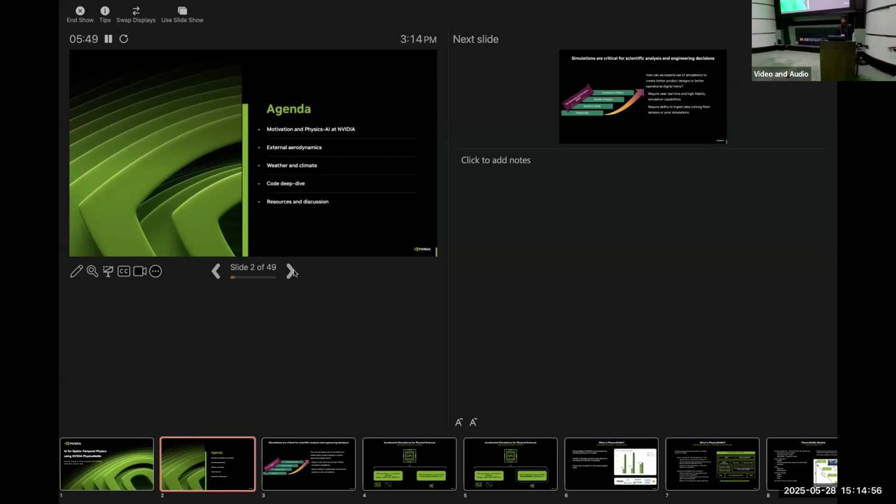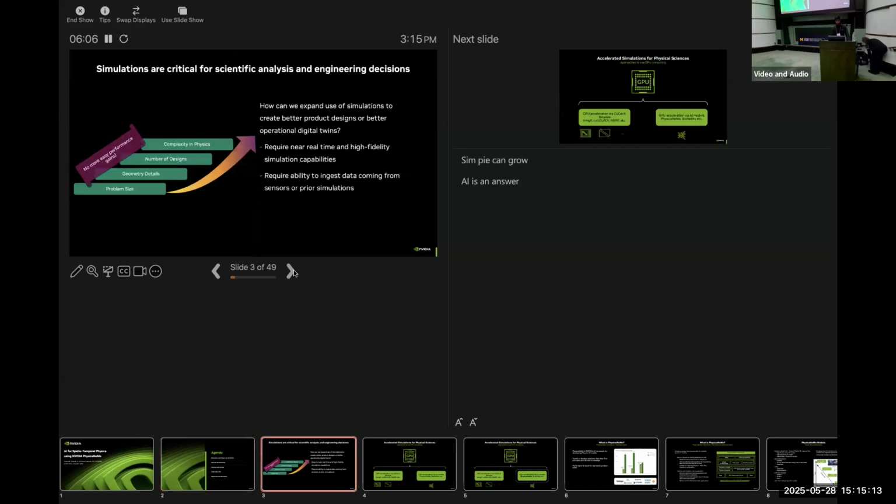More specifically, we'll cover the external aerodynamics and the weather and climate work that we have been doing for about 2 to 3 years now. And then we'll follow it up with a deep dive into the code, and follow up with resources and discussion, right? So with that, let's get started, right?